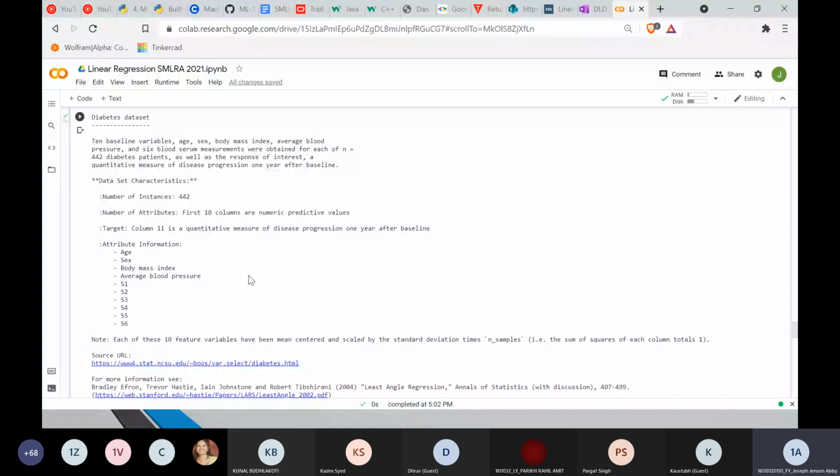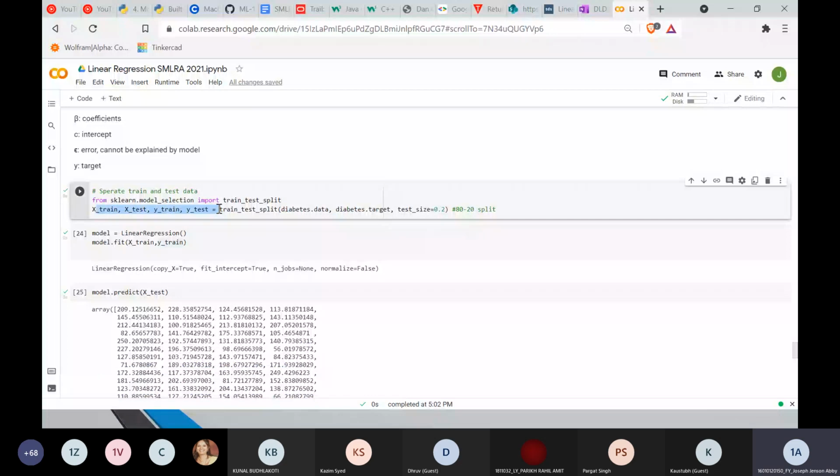Then we are running the model. We have the diabetes data, and we have to split the data. Now we are splitting the data. An 80-20 split means 80% of the data is used to train the model and 20% is used to test how good our model is. As I mentioned, this is supervised learning, so we know what the output is. So x train, x test, y train, y test are different variables. This function is splitting the data, and the individual values are assigned.